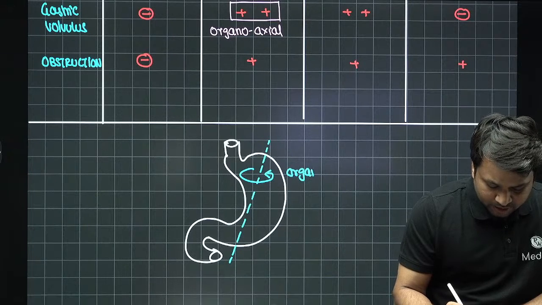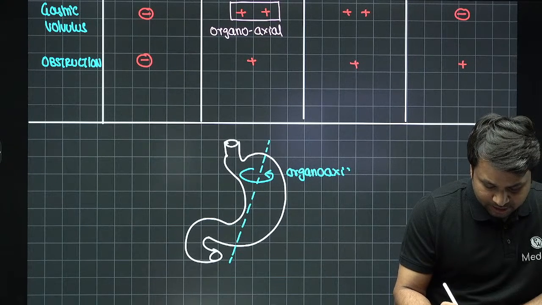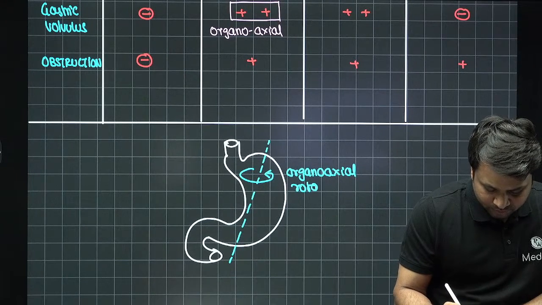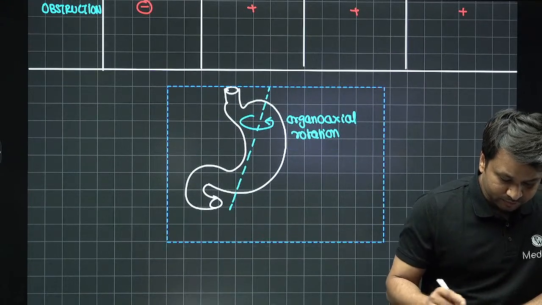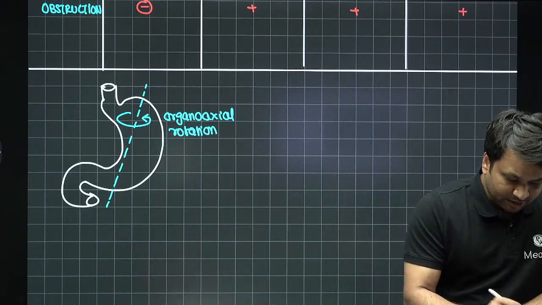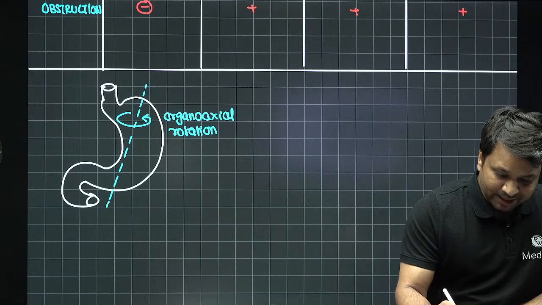This is what we call the organoaxial rotation. On the other hand, if it rotates around its mesenteric axis,